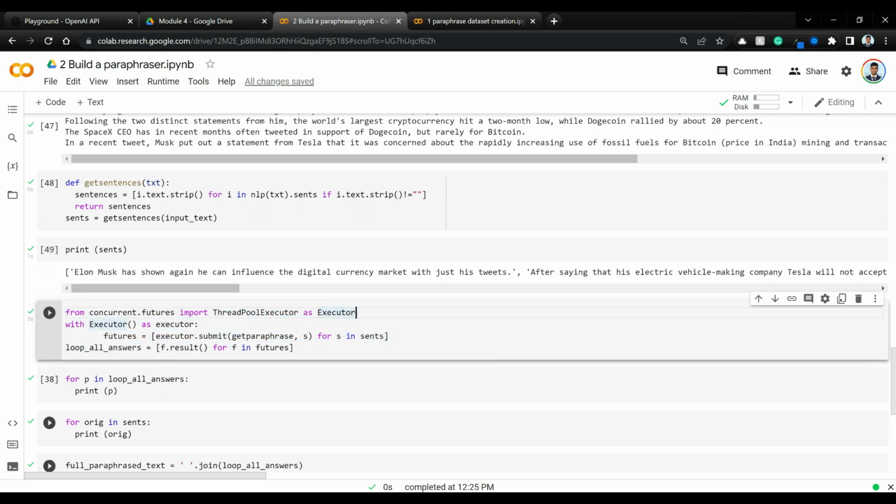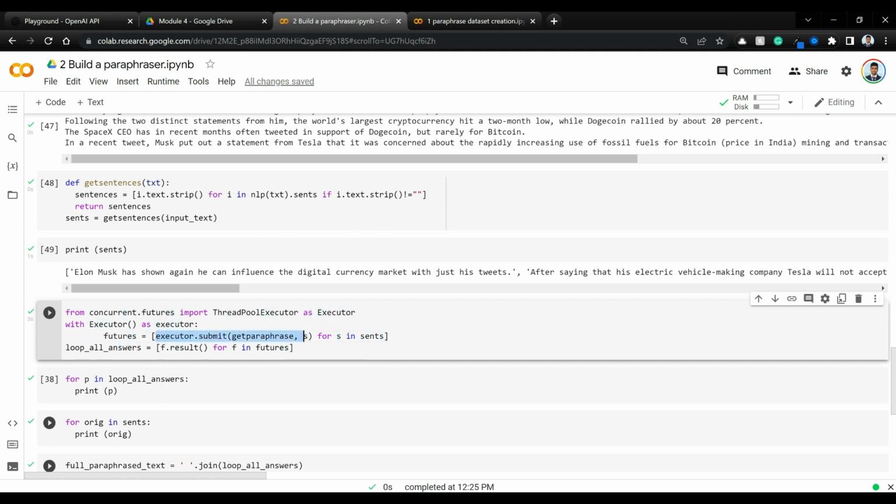We are initializing our thread pool executor as executor, and with executor we call executor.submit on every sentence. So for s in sentences we call executor.submit, giving the function that we need to use, which is get_paraphrase, and that function takes in the input sentence s.